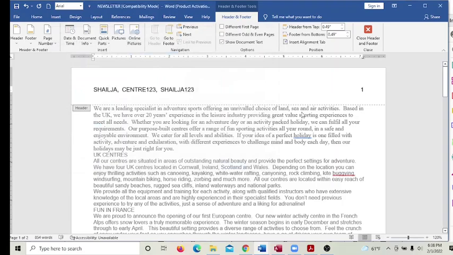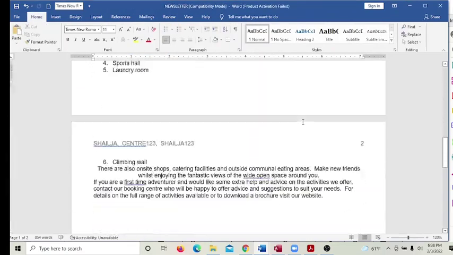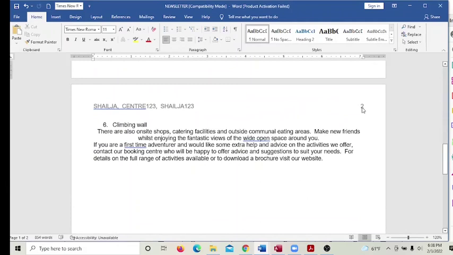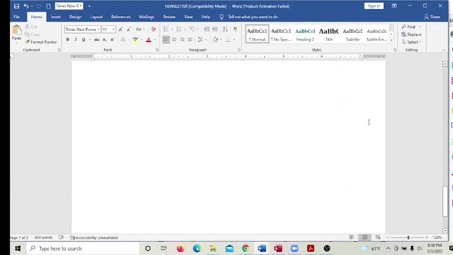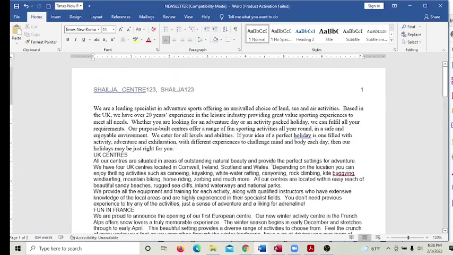Okay, one, and here you can see automatically the numbers are given, and third one will be the third page. Okay, next,